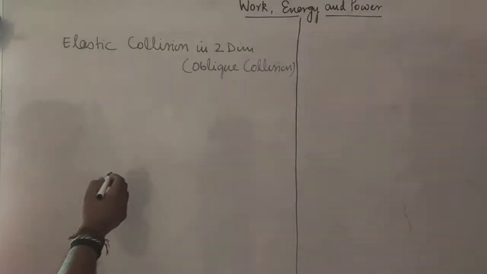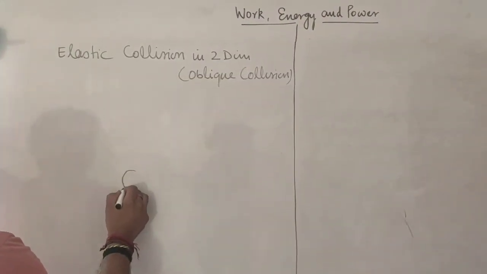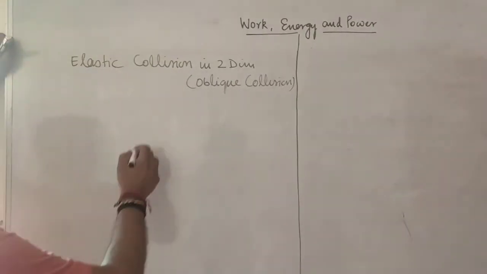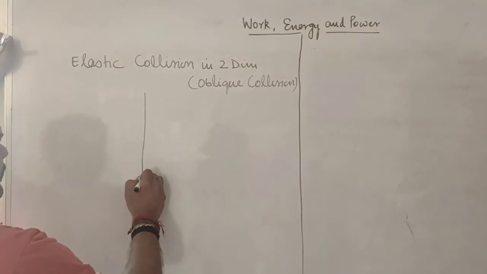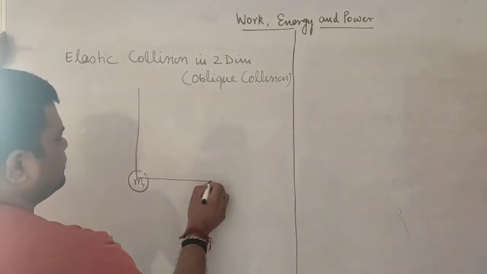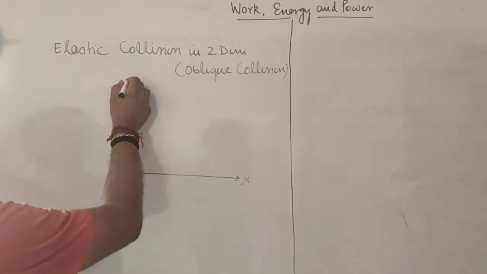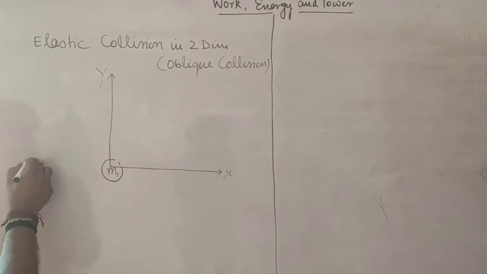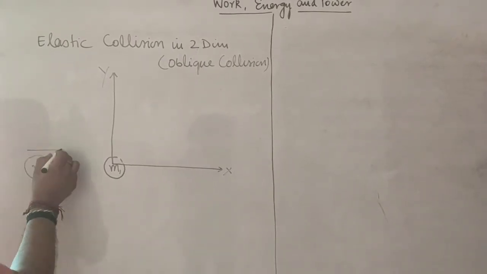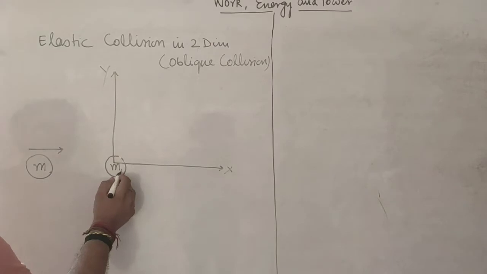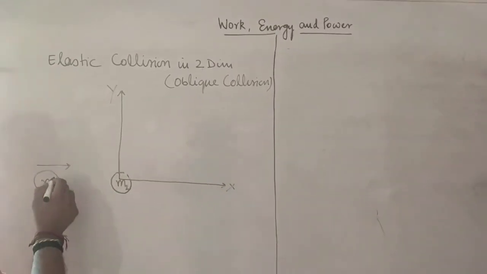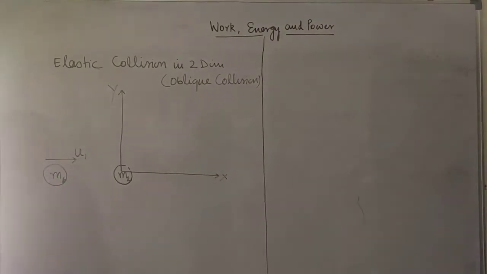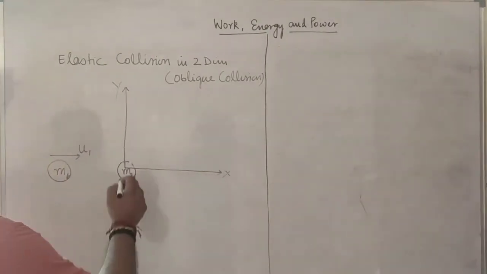In this case, an object of mass m1 is kept stationary with respect to some origin, some point. I have drawn two axes. Now, if another moving object, that is m2, is moving with some velocity u1 and it strikes this stationary object m1, then